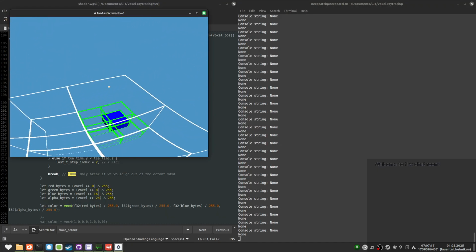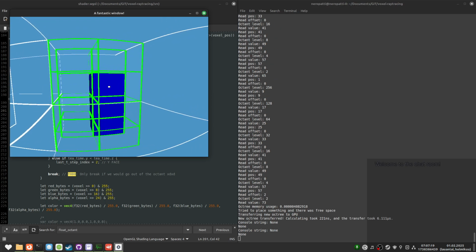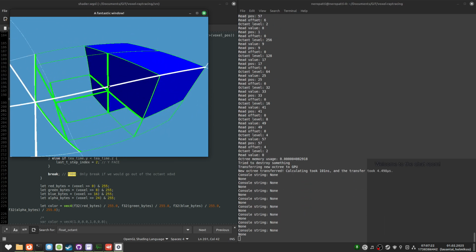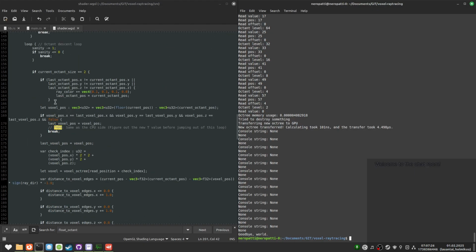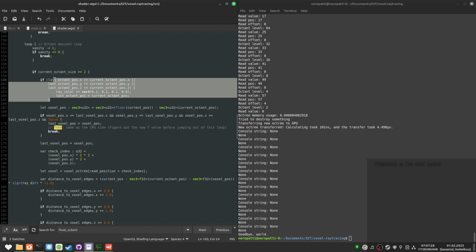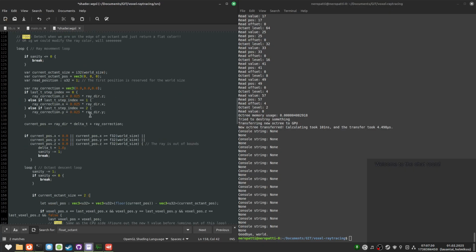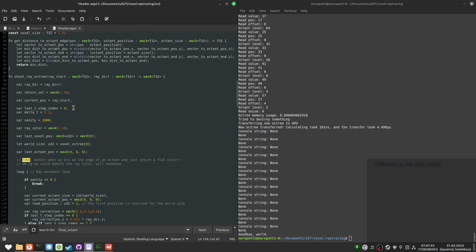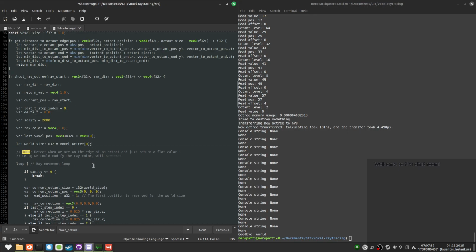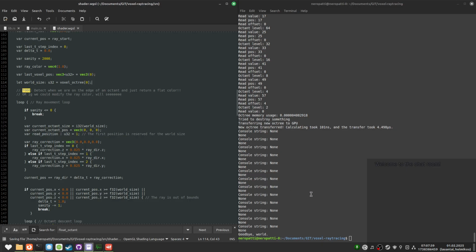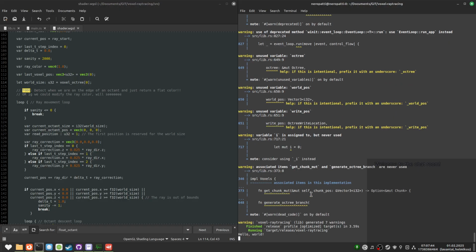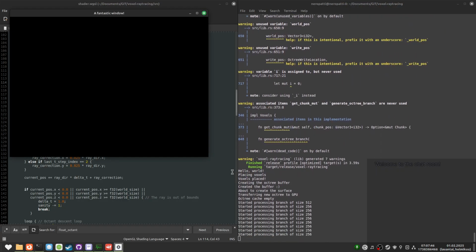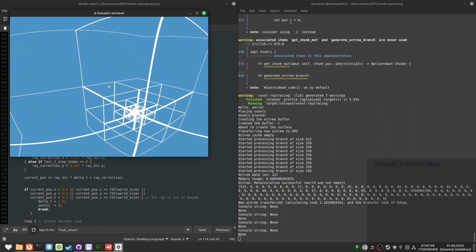Okay, we have green lines for the voxels. Also, the voxels still have the old visualization enabled. We don't need that. We don't need the last octant position anymore either. See if anything cries about anything. It should. Oh, it doesn't. Okay, so fair.